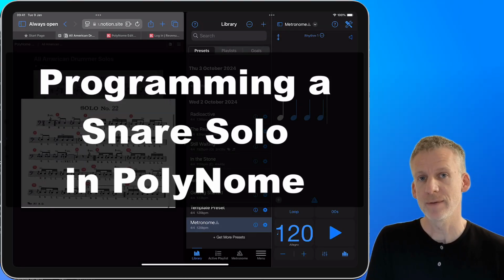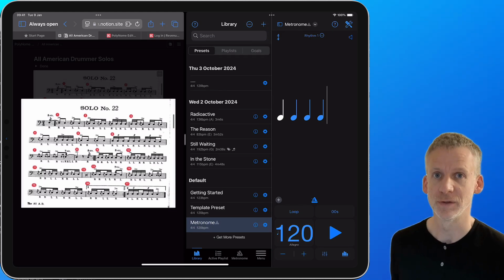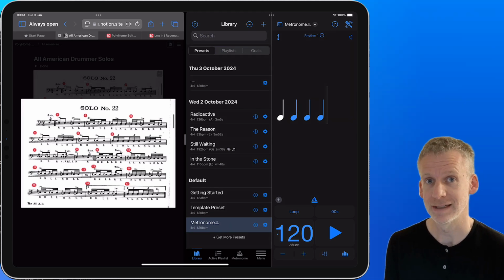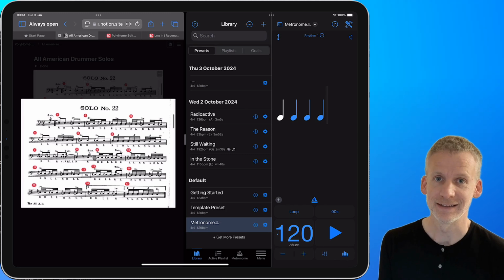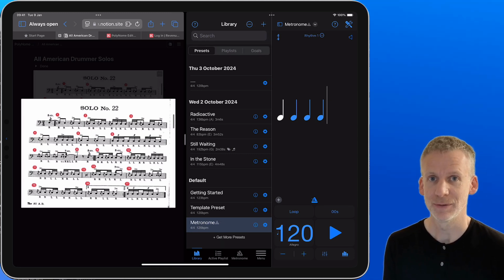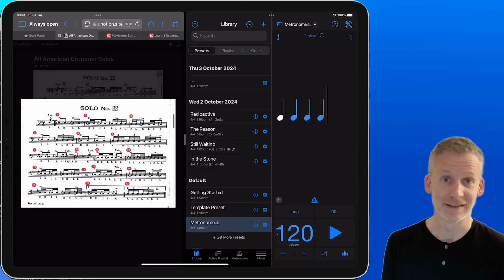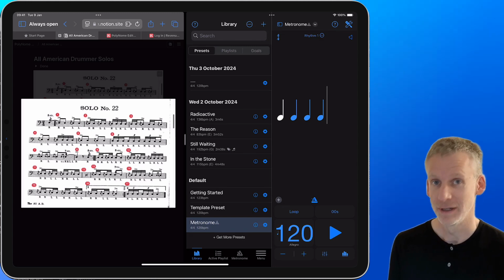Okay, in this video I'm going to be programming the All-American Drummer solo number 22, from the Wilcoxons All-American Drummer book. I'm going to program it into a single preset, and then I'm going to break that preset apart into playlist items. I will then add the repeat markers and the alternate endings, and finally I will join those back together into a single preset that will have the repeats and alternate endings included and will scroll as a single preset. And I'm going to do it pretty quick because I want to see how quick all of this